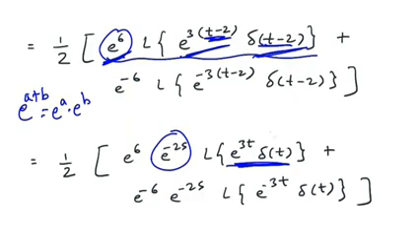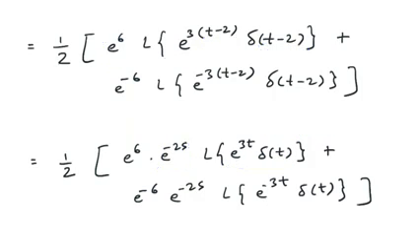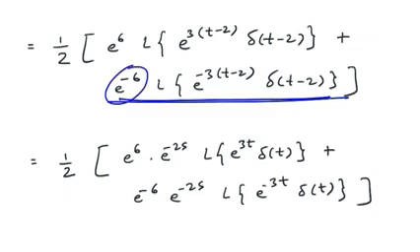You have to use the shifting property, right? The shifting property is simple, like whenever e raised to 3t is multiplied to any function, take the Laplace of this function and then you have to shift the position of s, so it would be shifted to s minus 3. In the second part also you have to do the same thing. E raised to minus 6 is constant, so take it outside. Then the Laplace of this part.